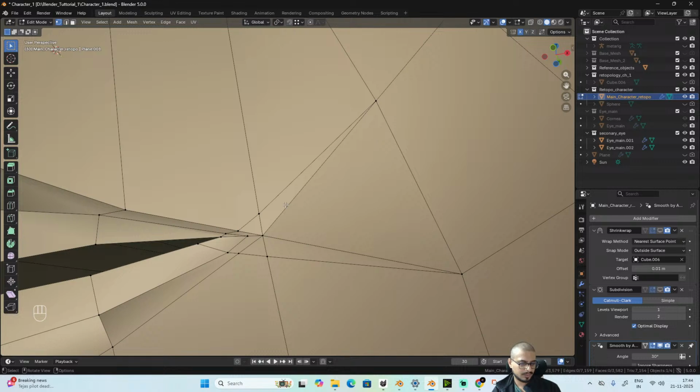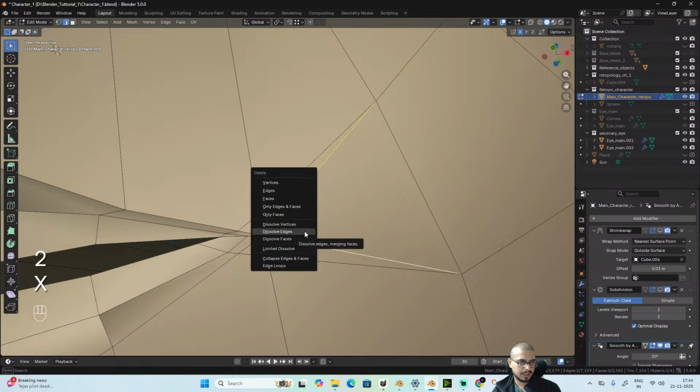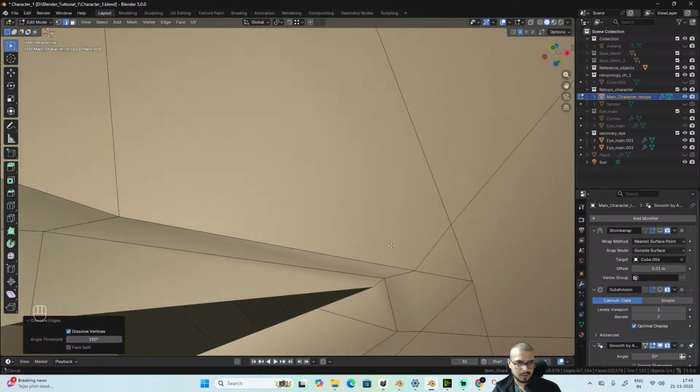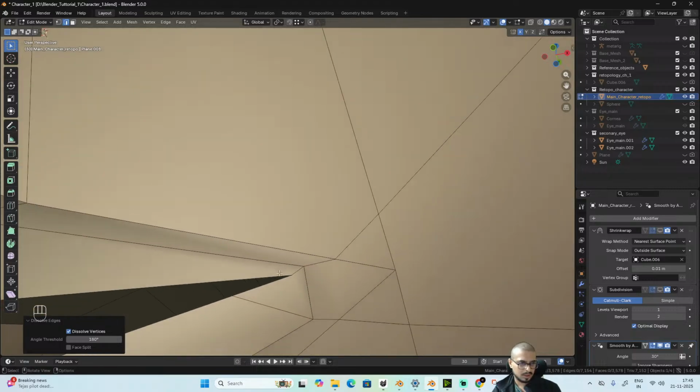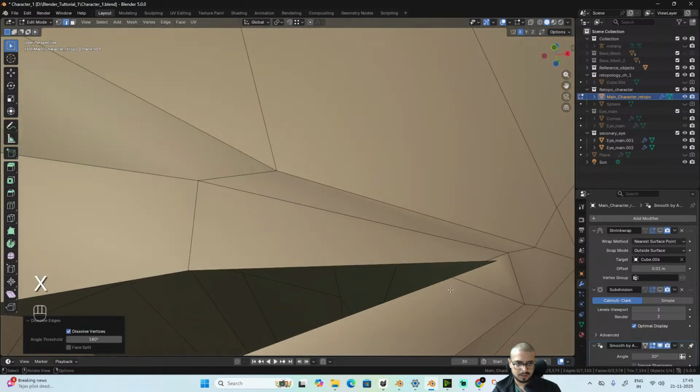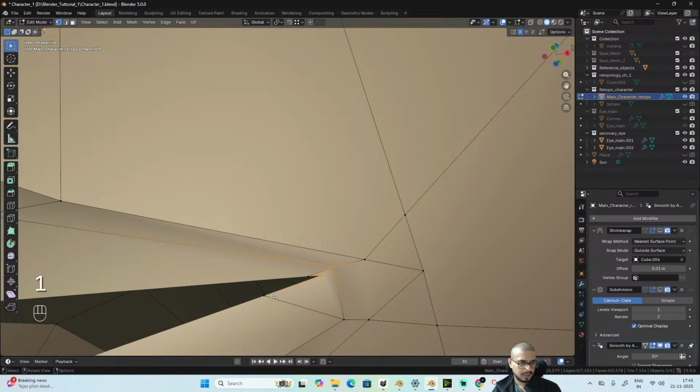Okay, yeah, so I'll go back to edge select and dissolve these two edges, and I'll remove these two edges as well. And I'll connect it somewhat like this and press 2 and X dissolve edges. I'll bring this backwards and